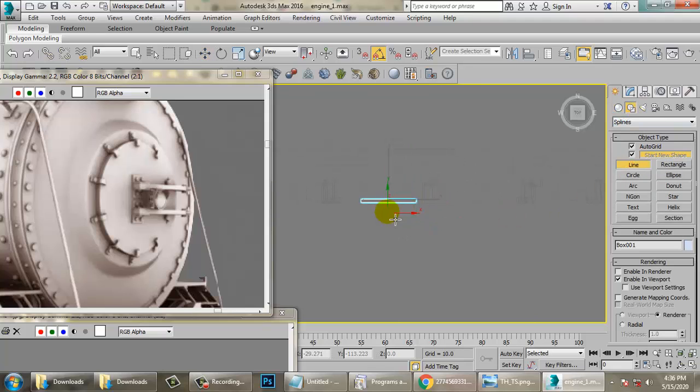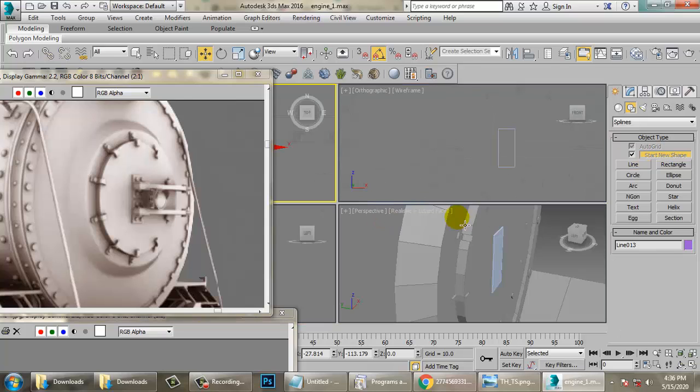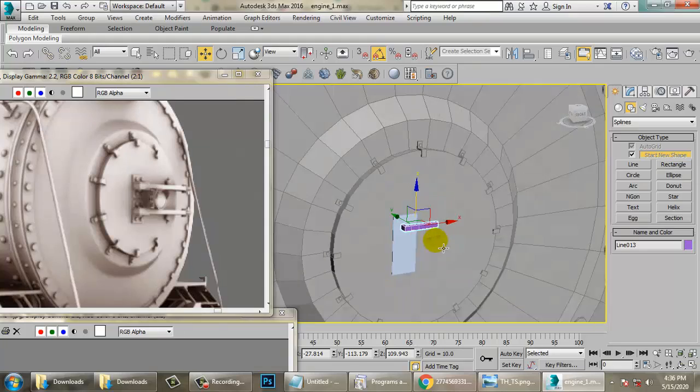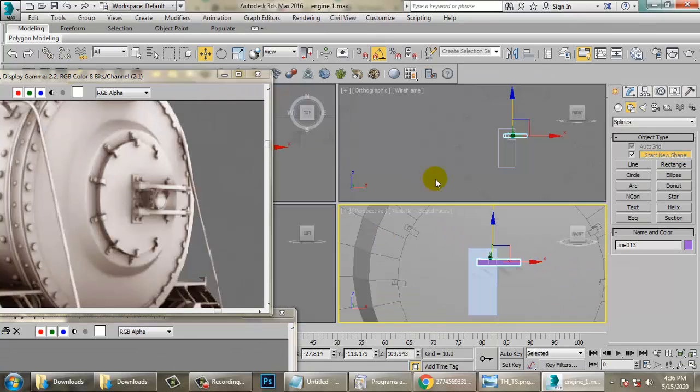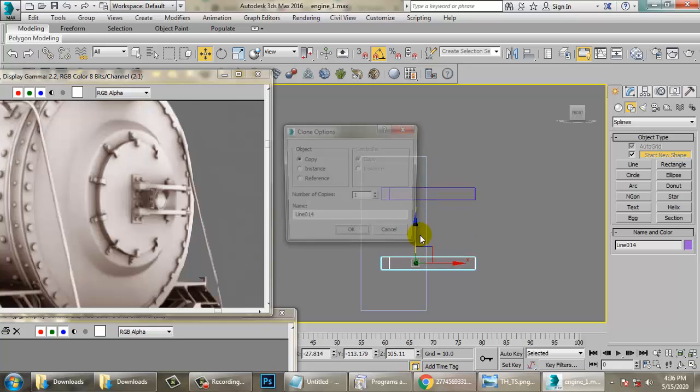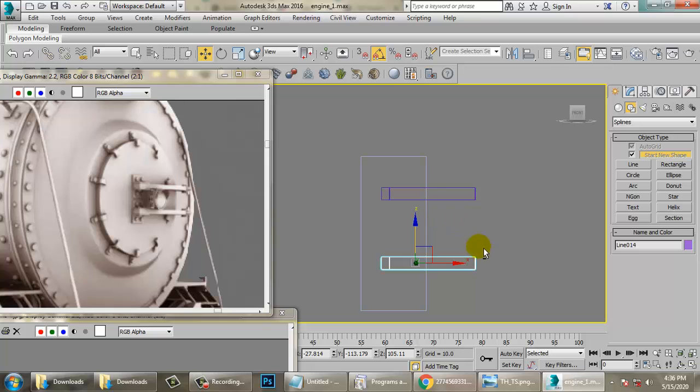Let's take a line tool over here. Press shift and drag and make a copy of it.